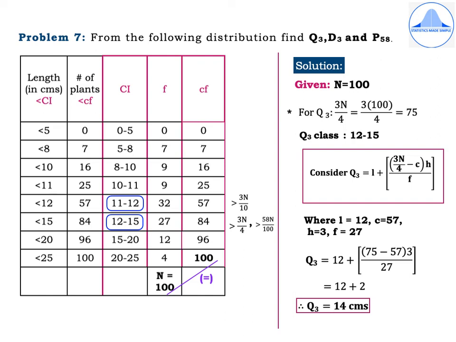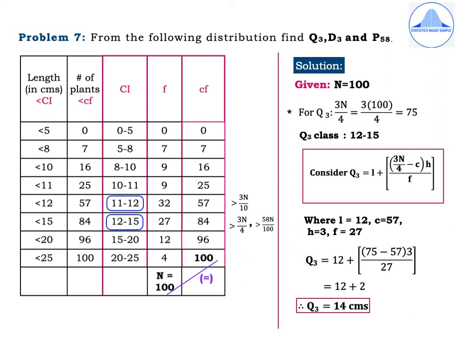Then for Q3, find out 3n by 4, which is 3 into 100 by 4, which is equal to 75. The value which is greater than 75 in the CF column is 84, and corresponding to it you write greater than 3n divided by 4. So the Q3 class is 12 to 15, and Q3 formula is L plus 3n by 4 minus C into